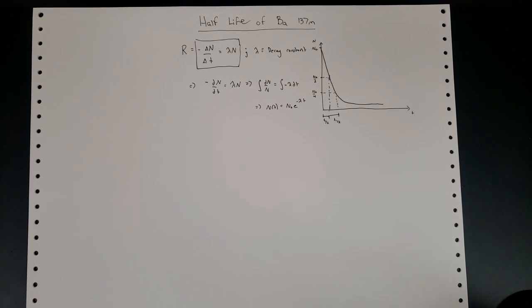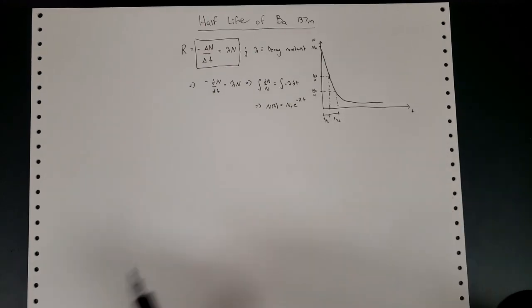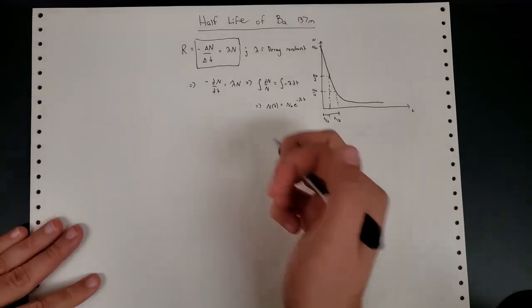Okay, so for materials that have a very large half-life, it means it takes a very long time for it to decay. If it has a very short half-life, obviously it means it takes a very short amount of time for it to decay into its stable form. So we want to come up with an expression for what this half-life is. And to do that, we just have to realize that at